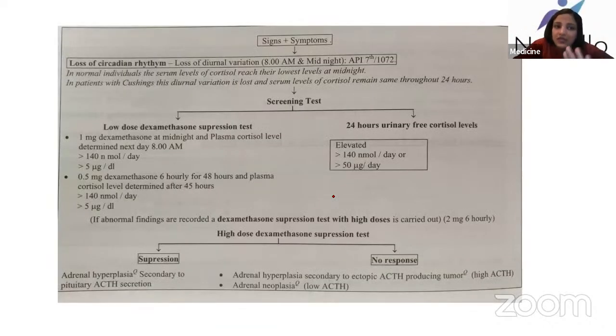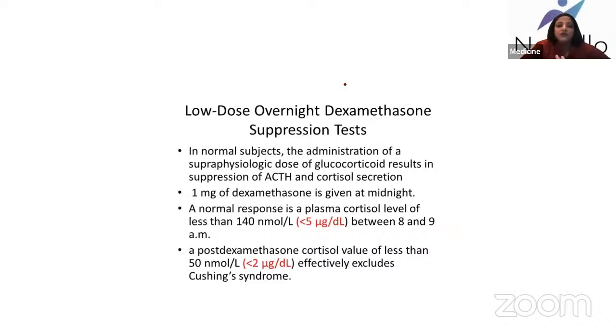Okay, so this is the same slide that you have to remember. But one thing in this slide that I want to say is that in normal individuals, the serum levels of cortisol reach their lowest levels at midnight. This is the main important thing. In patients with Cushing, this diurnal variation is lost. Okay, and the serum levels of cortisol remain the same throughout 24 hours. And this is why these lines are very important, because your entire different tests are based on this. Okay, so now what we have done is